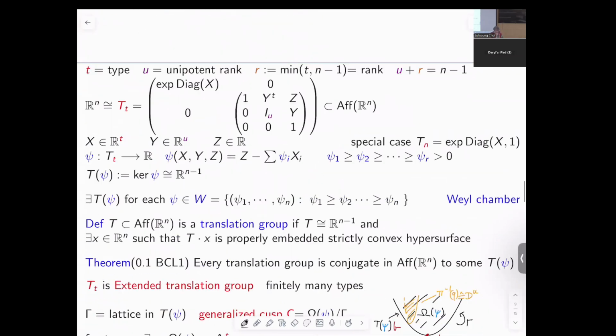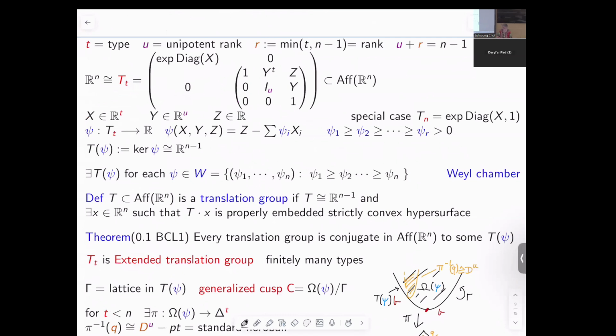So last time I gave the classification of generalized maximal cusps with free abelian fundamental group. I said what you do is, well, there's finitely many Lie subgroups of the affine group. There's something called the type, which is an integer between 0 and the dimension of the manifold you're working with. And depending on that dimension, you write down this Lie group here, which is isomorphic to R to the n,